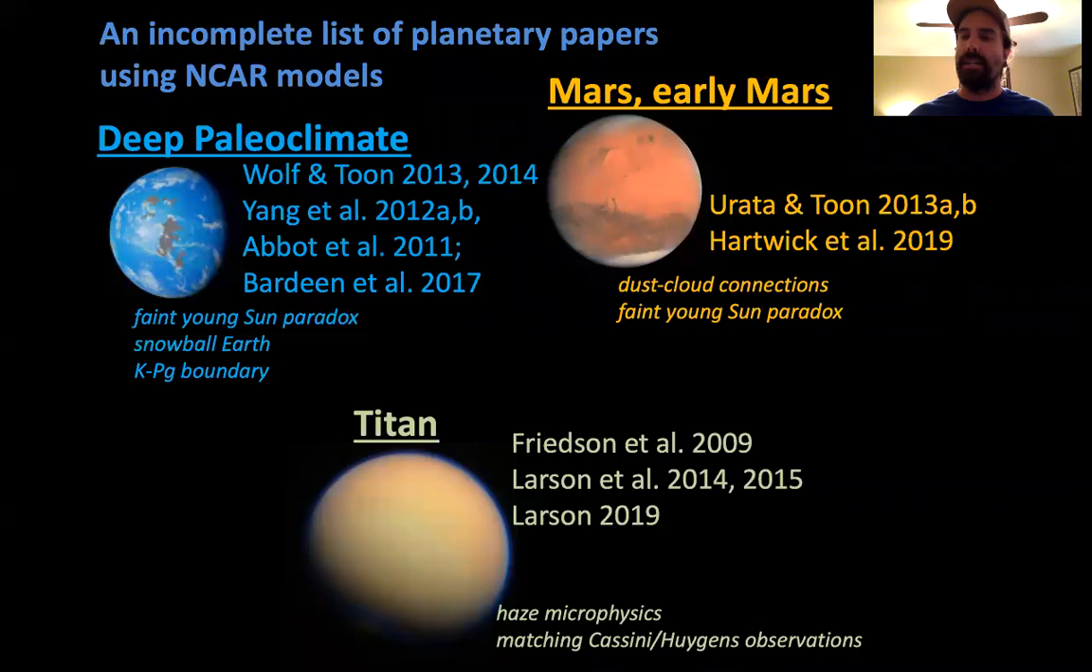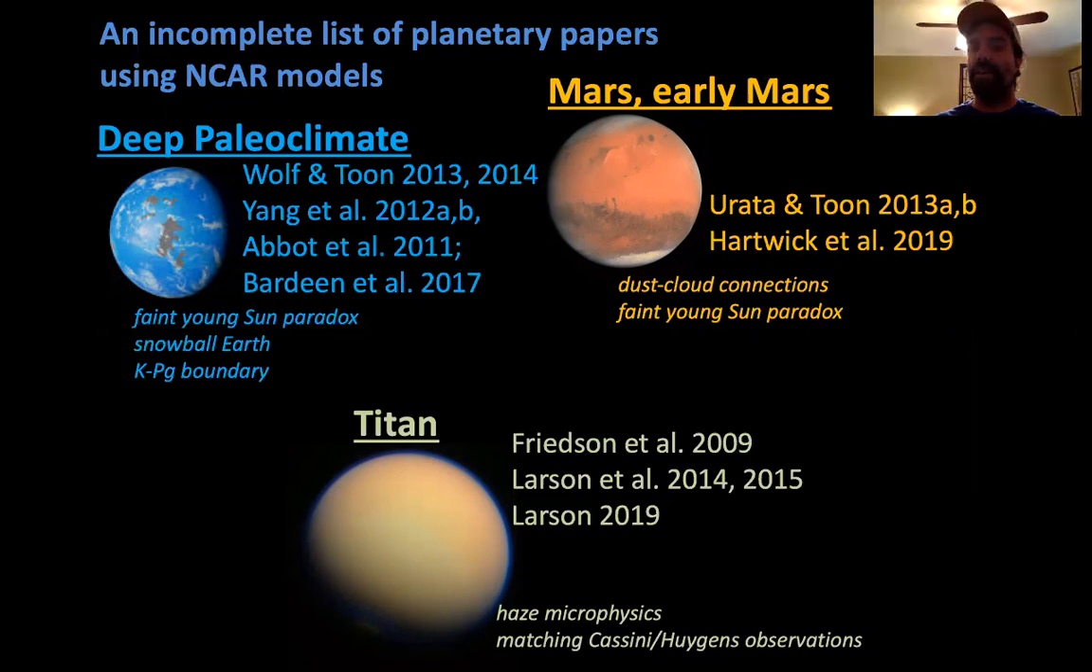So despite CESM being an inherently Earth-centric code, it has been used by many now to study planetary and exoplanetary applications. So first I list here deep paleoclimate. So near-term paleoclimate back the last 1,000 years or so is close enough to being Earth-like that even NCAR will do near-term paleoclimate. But deep paleoclimate veers outside of their realm. And that's when we start thinking about things such as the faint young Sun paradox for Earth, snowball Earth initiations,